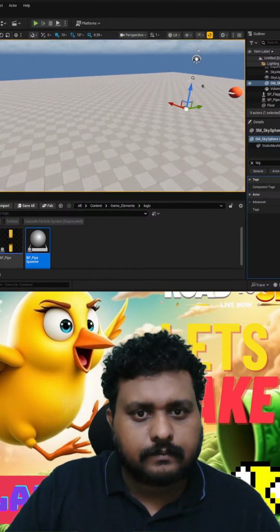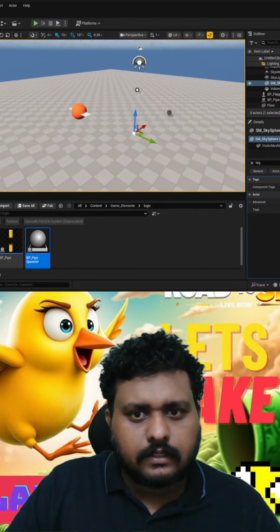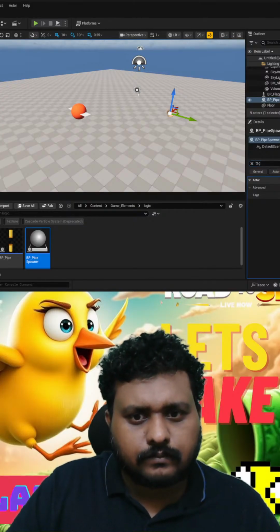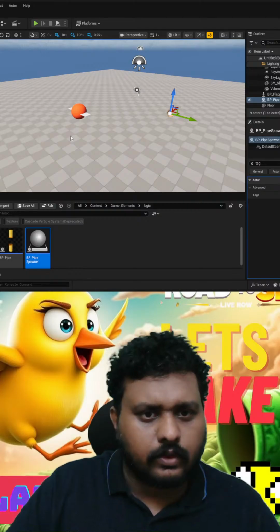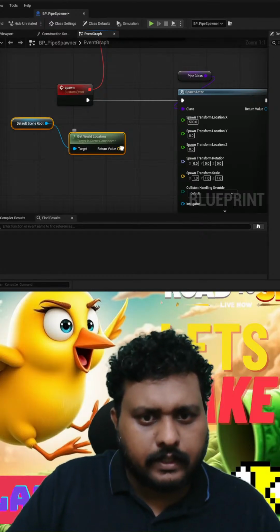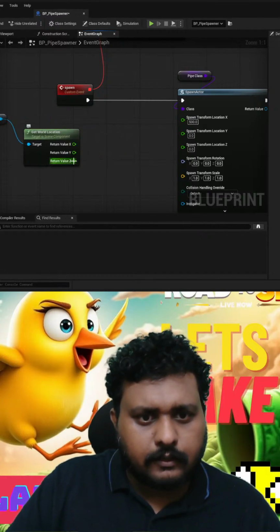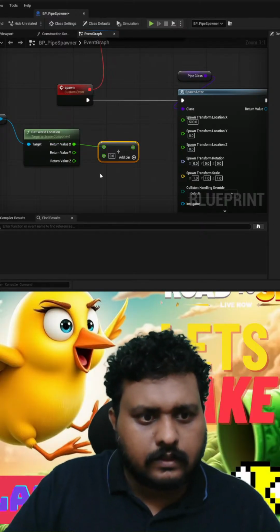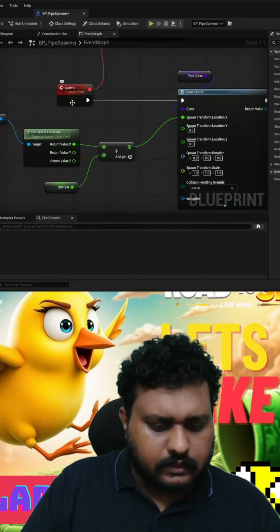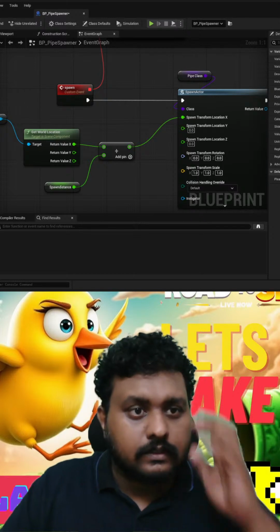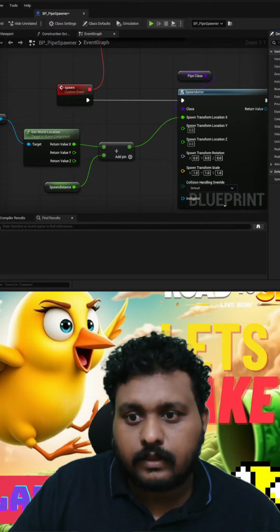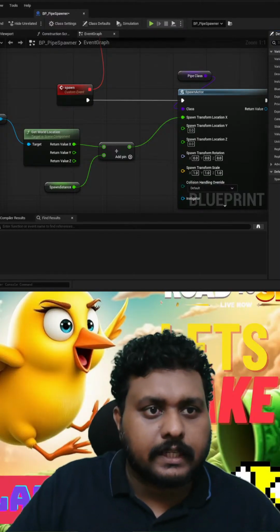So for that, what we can do is, for the spawner, instead of this location over here, I'm gonna get world location, and from here I'm gonna create a variable, plus, and then I'm gonna add here, and let's call it spawn distance maybe, and I'm gonna set it as instantly editable and expose on spawn. So what happens is I'll be able to dynamically change it over here,